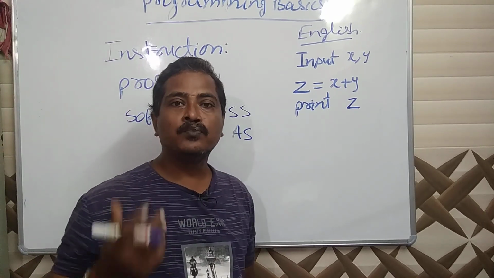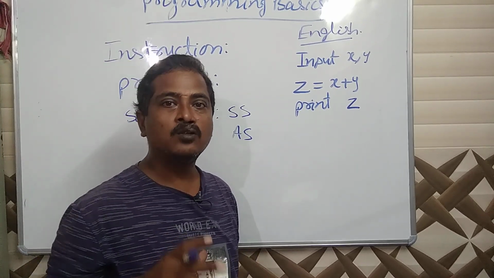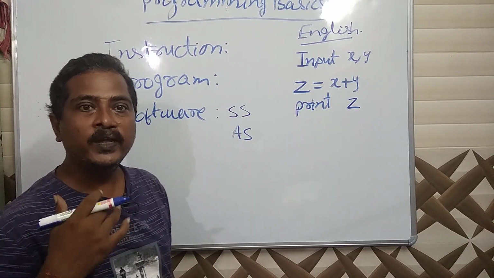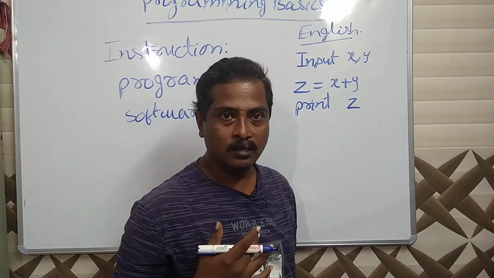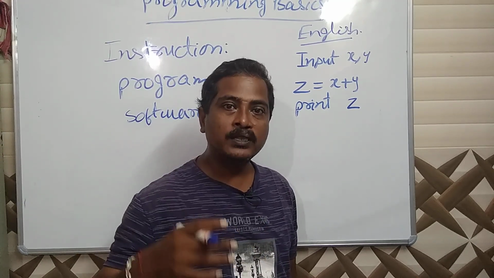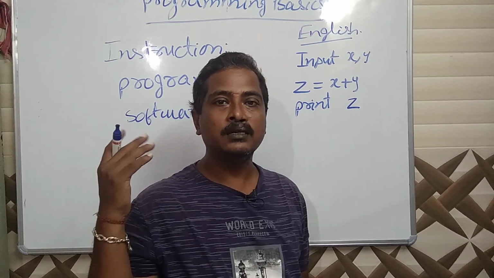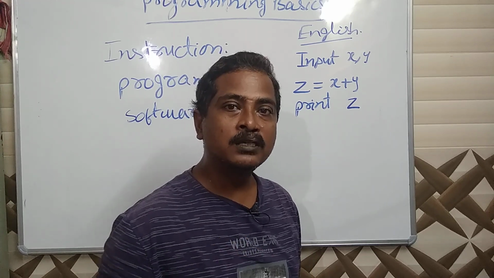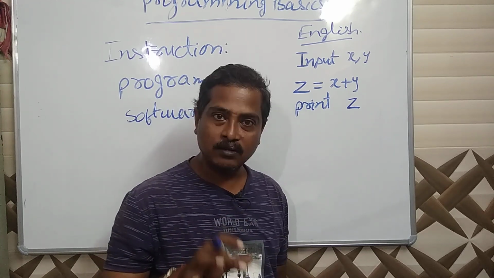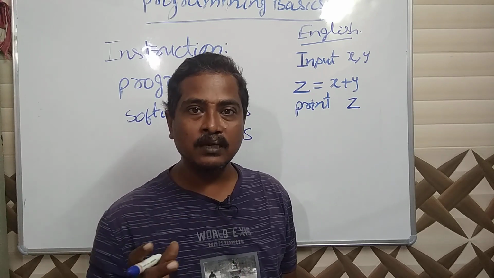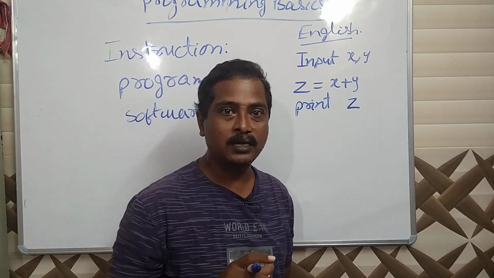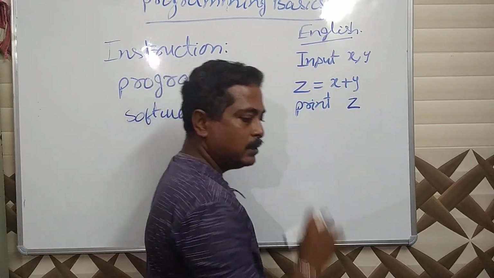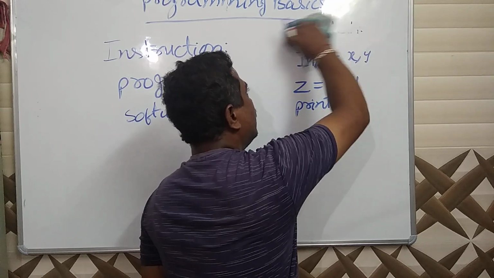Why? To execute a program in a computer, we need some computer language. English is a language by which we human beings are talking. But to talk with a computer, we need some other languages like C, C++, Java, Python. That's why those are called programming languages. They are languages, but programming languages. In that language, two persons can't be talking. So this English language set of instructions is known as algorithm.